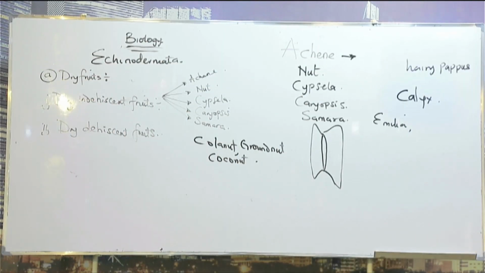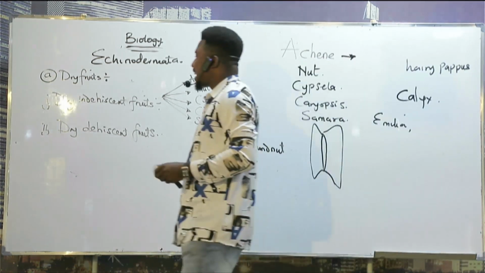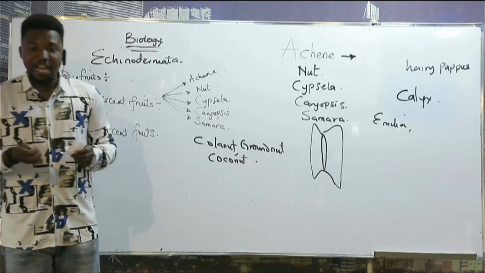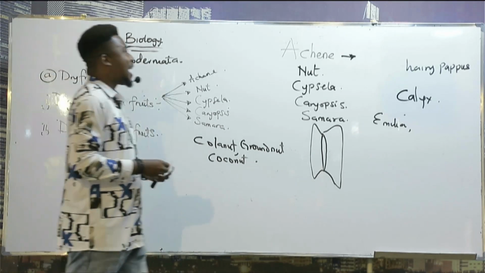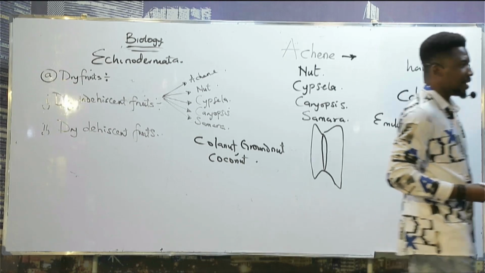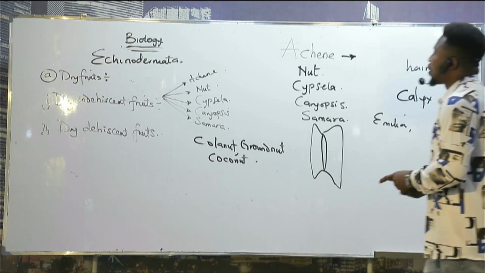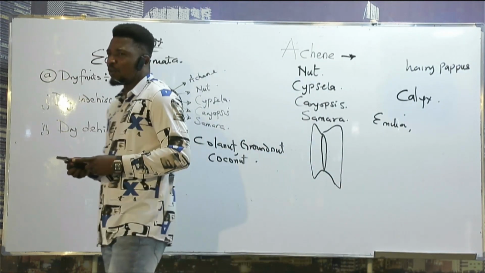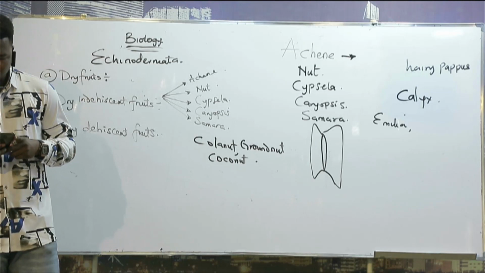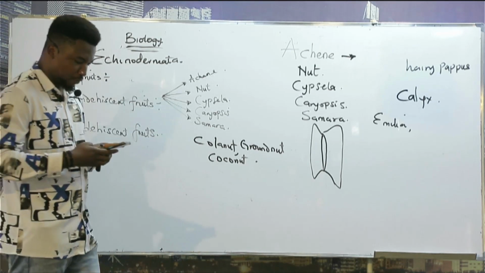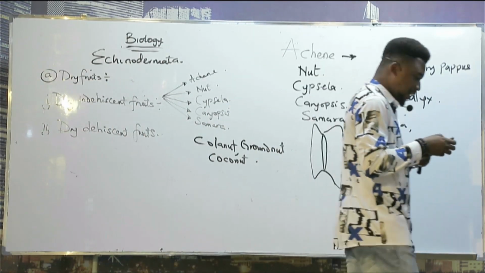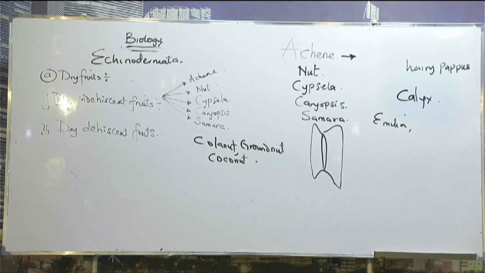As we are writing, we'll be answering the questions. Types of dry indehiscent fruits. We have done that. Okay, let's talk about the achene. It is a type of indehiscent fruit